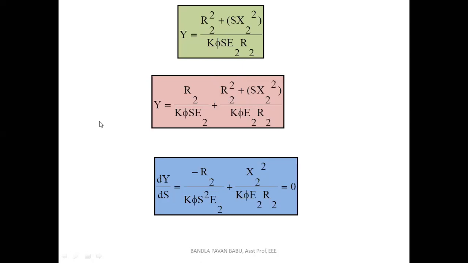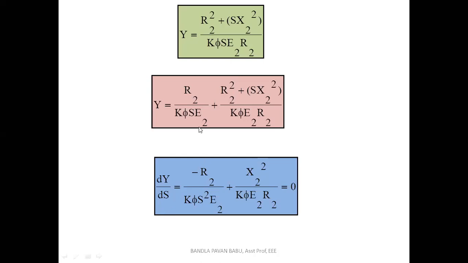Now we need to differentiate this equation, this y term, dy by ds, so we differentiate with respect to slip. Why do we differentiate with respect to slip? Under running conditions, there exists the concept of slip. We cannot make slip equal to 1; that comes under the standstill condition. That is the only difference. We need to do the differentiation in the running conditions and the standstill conditions, and in the running conditions we take the differentiation with respect to slip.